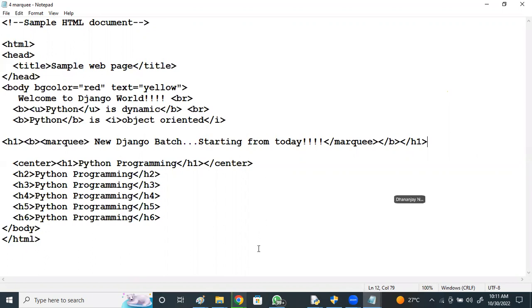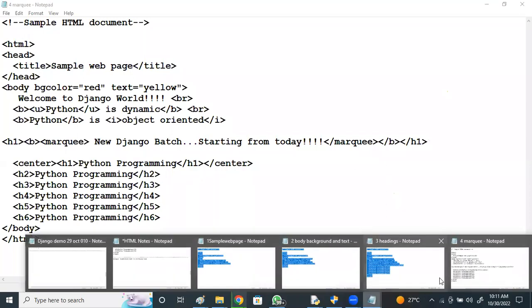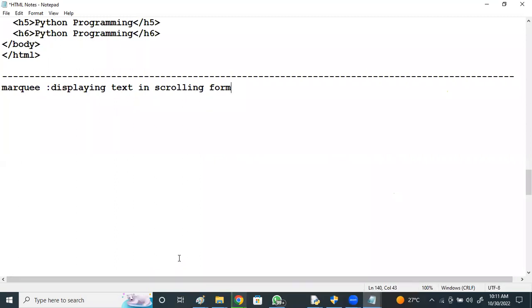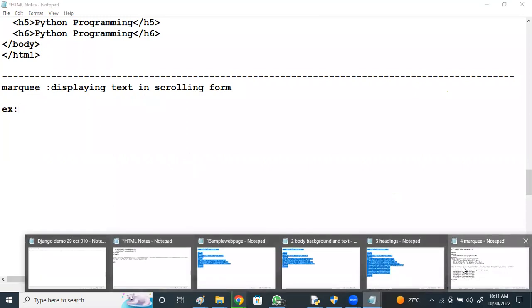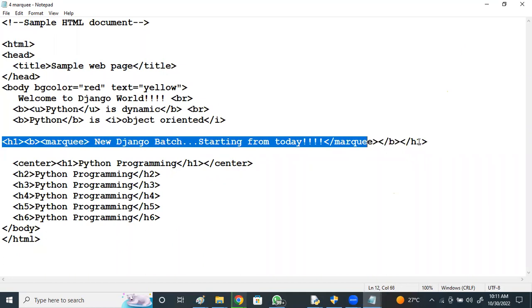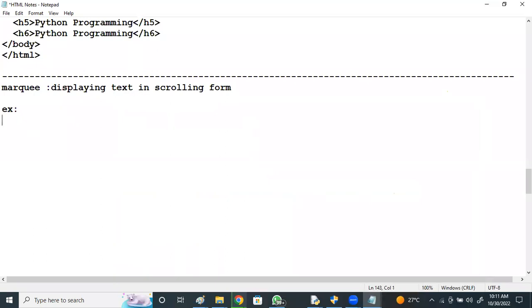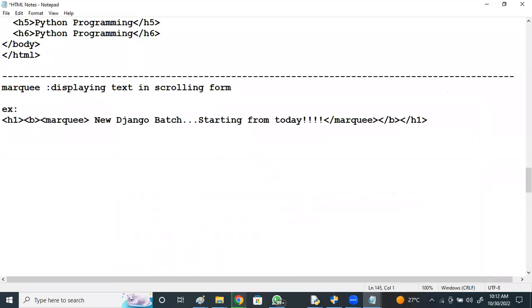For example, you have a lot of behaviors here. One second. Marquee: displaying the text in scrolling form. Now, attributes of marquee.